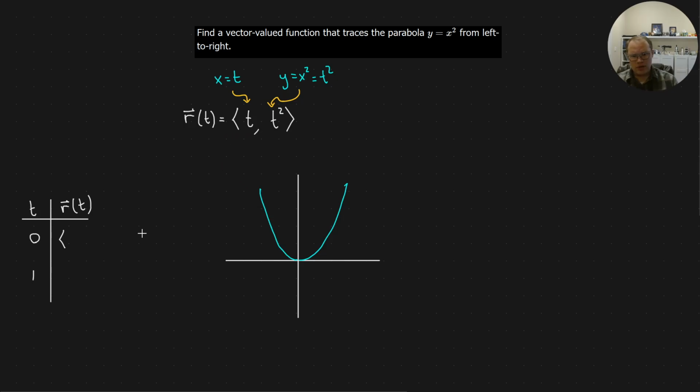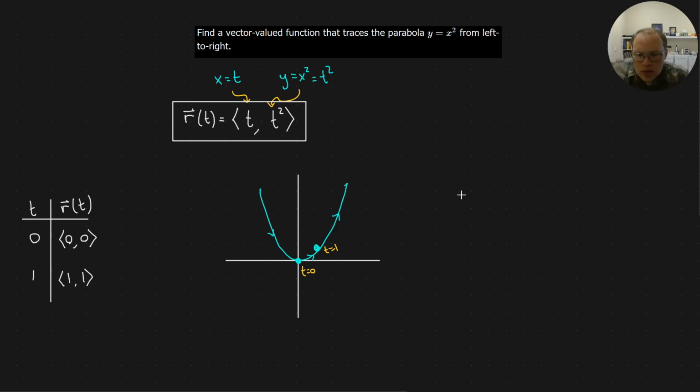I get r of 0 is 0, 0. I get the point 0, 0. Okay, and if I plug in 1, I get 1, 1. Right around there. Okay, and so this is at t equals 0, this is at t equals 1, and so I am going from left to right, aren't I? And so the orientation is correct, which means this is my final answer. I don't need to adjust anything to reverse the orientation. I'm already going left to right like I want to. Okay? All right, great. Let's do